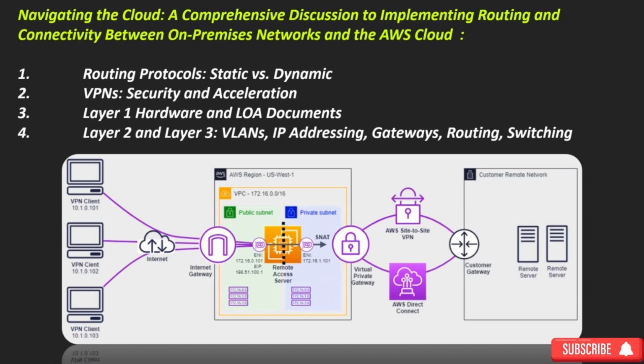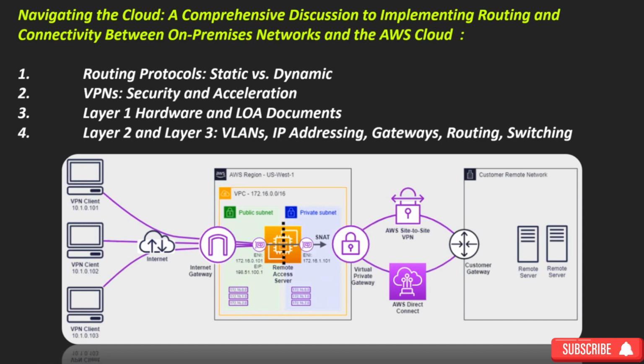The third point we need to talk about is layer 1 hardware and LOA documents. Actually, LOA is letter of authorization documents. At the physical layer, hardware choices and adherence to regulatory requirements such as LOA documents, letters of authorization, are very crucial now. Because the colocation facilities and Direct Connect can provide dedicated and high-speed connections between on-premises and AWS